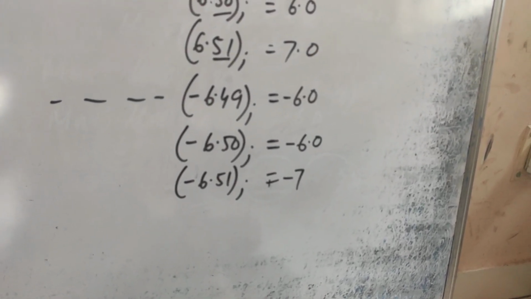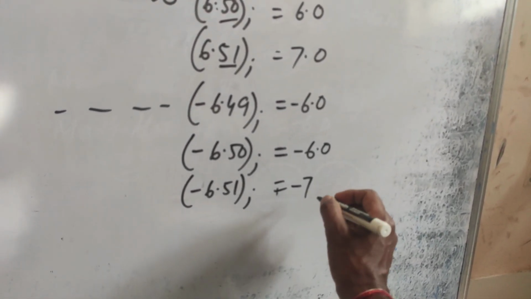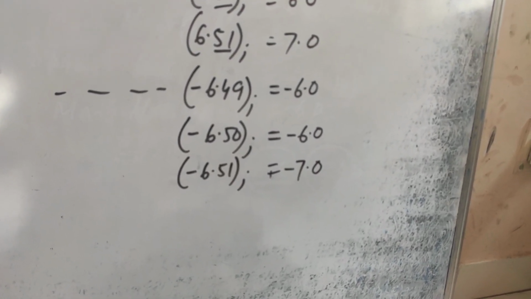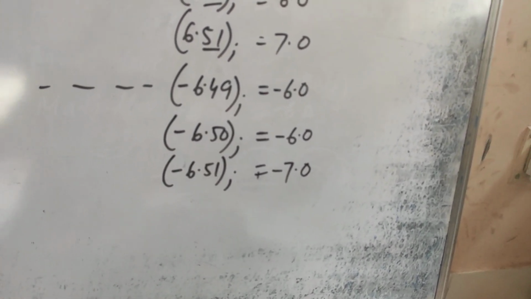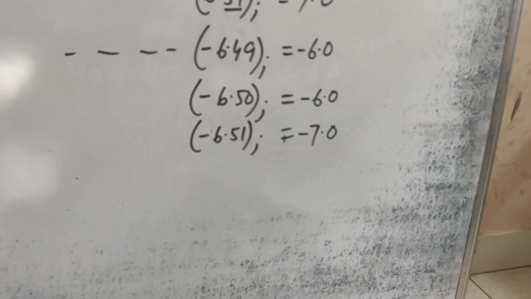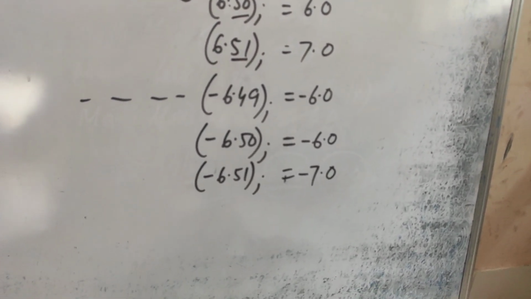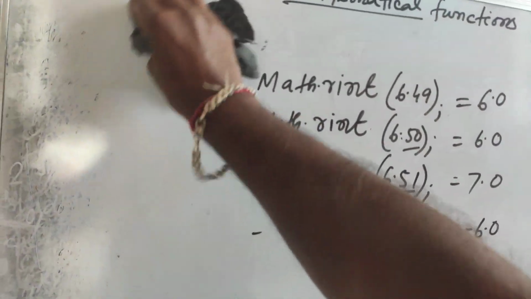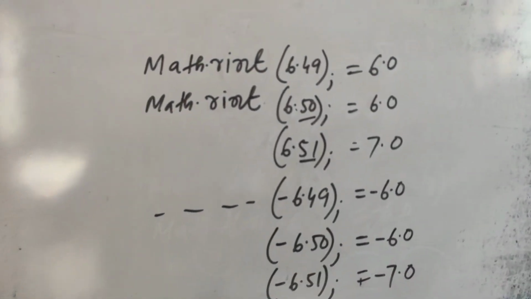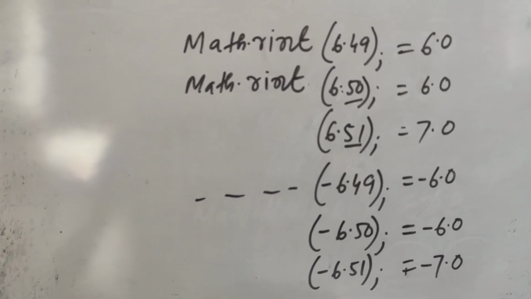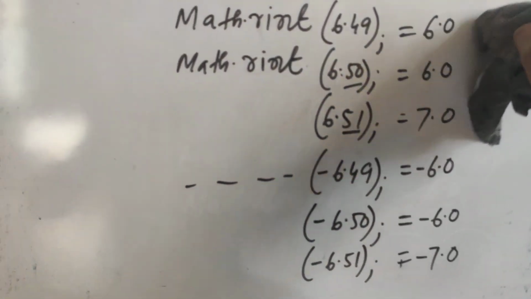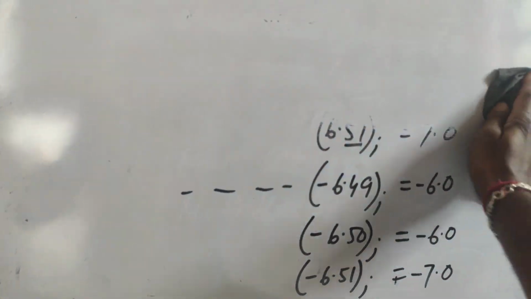See, minus 6.51, then in that case 7.0, minus 7.0. Okay, so this is rint and round completed. Now next, mathematical functions. Very important: rint, round, ceil, floor, square root, cube root and pow, math.pow. Next, mathematical functions,